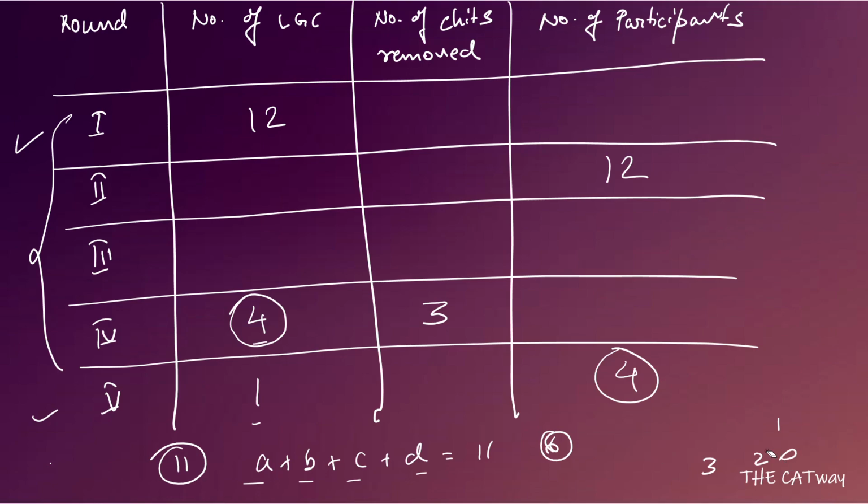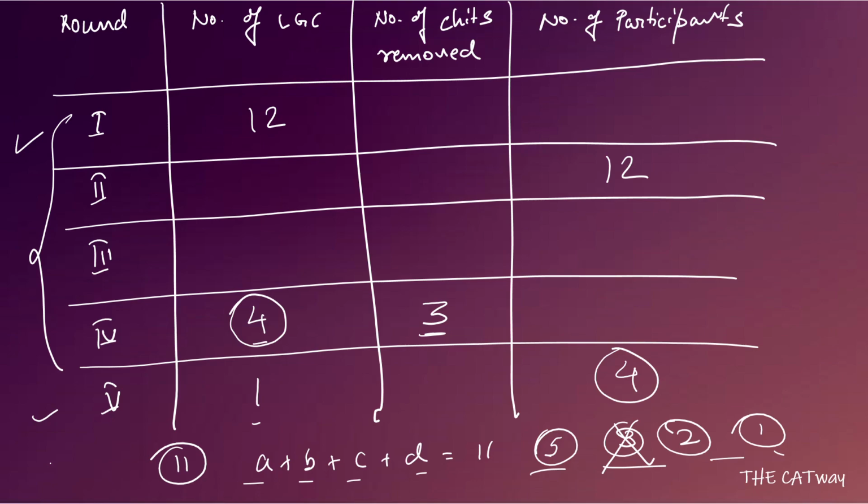Okay, after that what we can do is, we can take 5 chits. Then we have to make 6 using 3 different numbers. The different numbers can be 3, 2 and 1. Acha, now what we can say is that the number of chits removed in rounds 1, 2, 3 and 4 are going to be 5, 3, 2 and 1 in any order. Out of that we know that 3 chits have been removed at the end of round 4, so we can remove this. Now we have to remove 5, 2 and 1 chits.